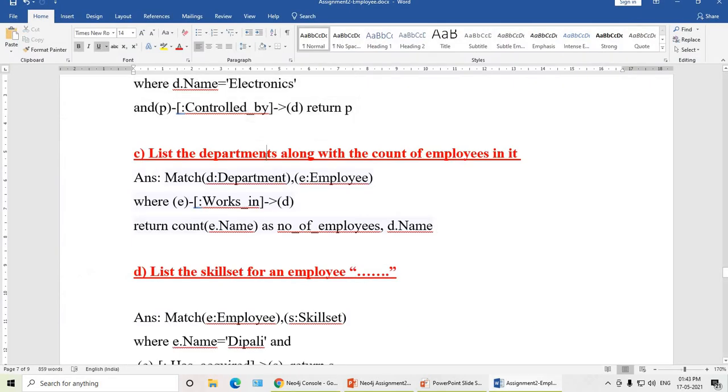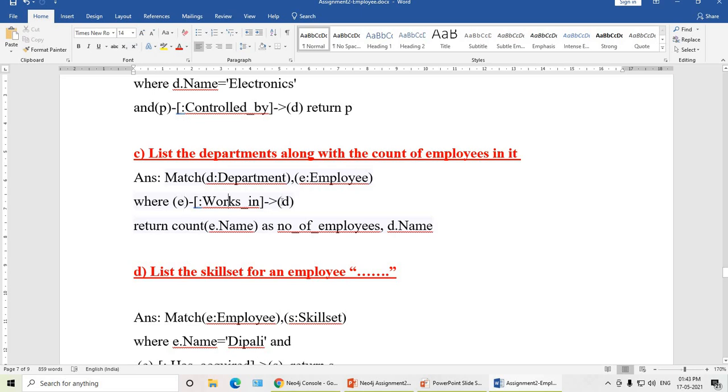Next, list the departments along with the count of employees in it. So you want to make a count of employees. You want to display the different departments and how many employees are in a particular department. So match department comma employee, where what is the relationship between employee and department? Employee works in department.